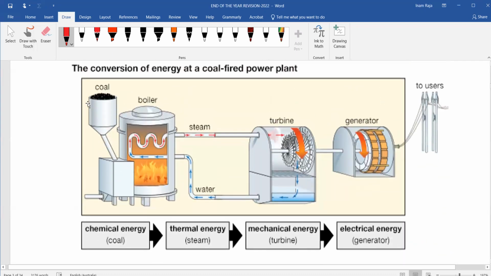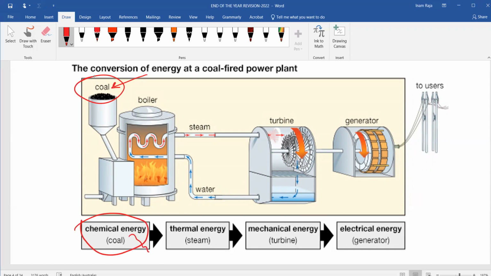A very common question which is asked in the multiple choice or short answer sometimes: if you have coal here, it has some stored energy in it. Everything has stored energy, but the things from which we can remove energy easily and use it are called fuel. So coal here has stored chemical energy in it. We call that chemical energy. So chemical energy is stored in the coal. When you burn that, that energy is